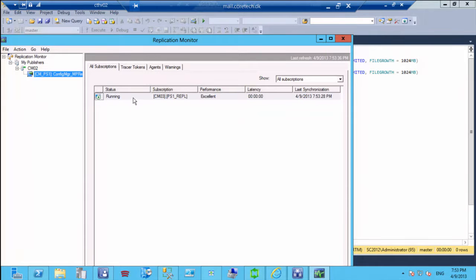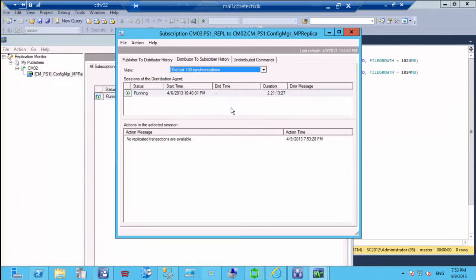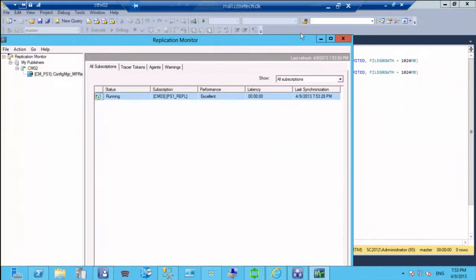This is called Replication Monitor. It just helps you know that replication's running fine. I'm looking at it. There's no latency. There's nothing new going on. You would see, if you create a collection or something, you might see this thing pop up and say something just got replicated down. And what it's doing is